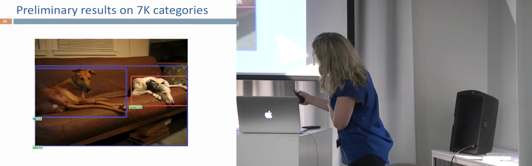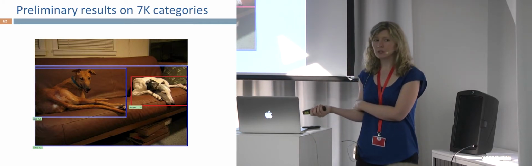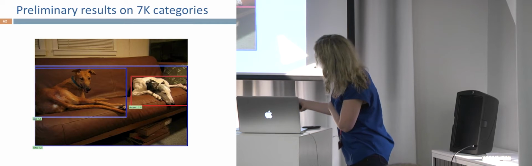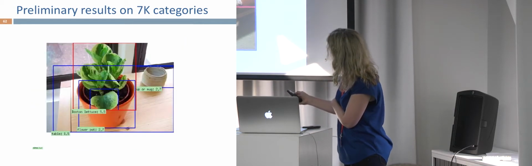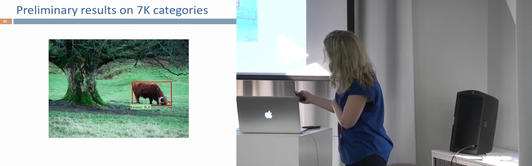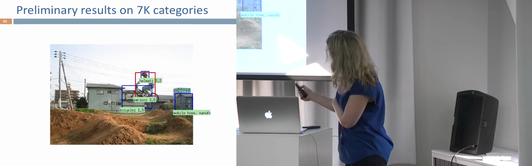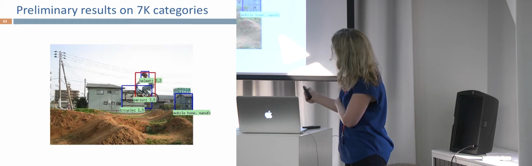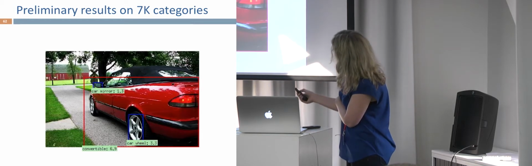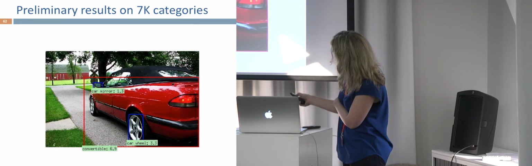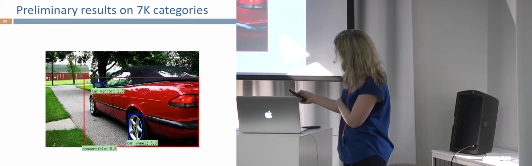Here, this is whippet, which I think is a type of dog, but not the right type. This is a dog. This whole thing is a sofa. I showed you this one already. Bison, helmet. This one, it said person. Not sure why it's incorrect. Bicycle, mobile home, manufactured home, it said for this wall. This is a house. Convertible for this. Car mirror and car wheel. It missed this wheel, obviously.